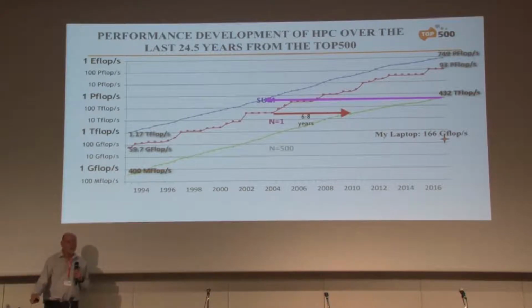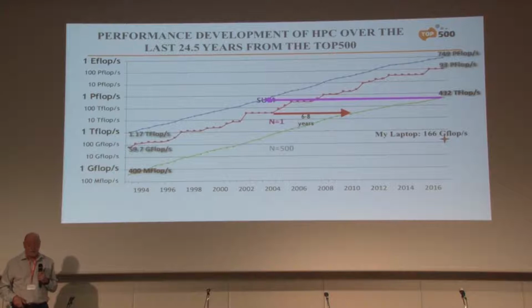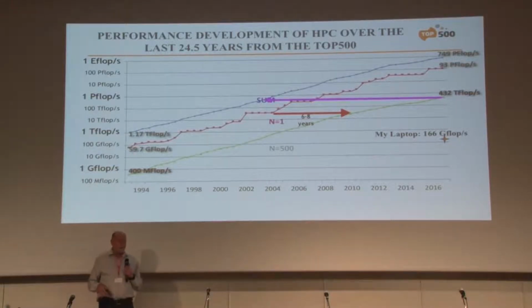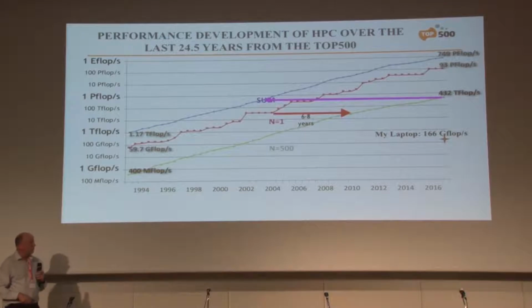So my laptop, this is an Intel, it's a quad-core Intel processor inside my laptop. I can run the benchmark on my laptop, and when I run the benchmark, I get 166 gigaflops. You know, that's stunning. This is a computer I use to read email. And I get a lot of email, but that performance there is just incredible in terms of what